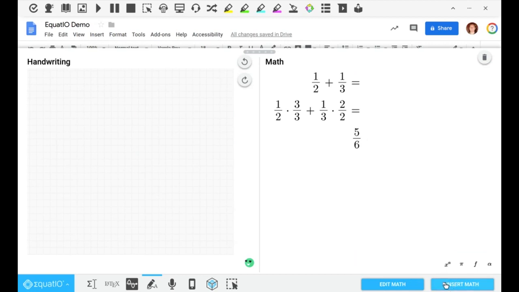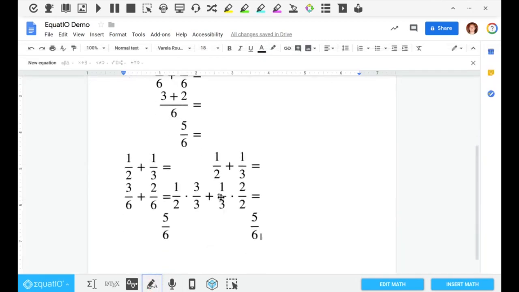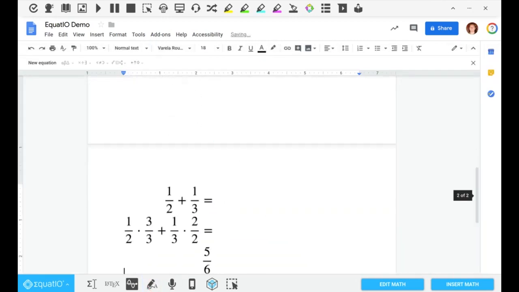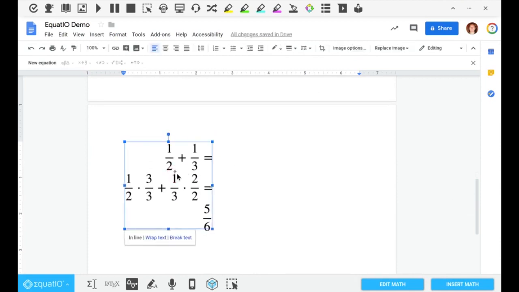So maybe I'm using a switch compatible device or something where I only want to use the keyboard shortcuts. We can do that. So however you want to make your math, we can make that possible by putting it into there. So also all of those are accessible. So here, if I would have that be played aloud, it'll read that accessibility for me. So it's a nice full stop.